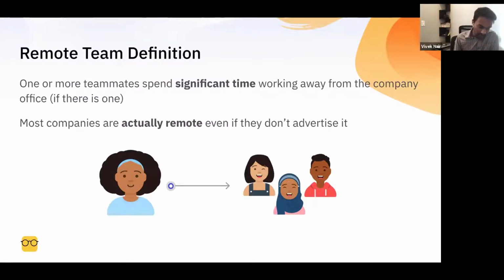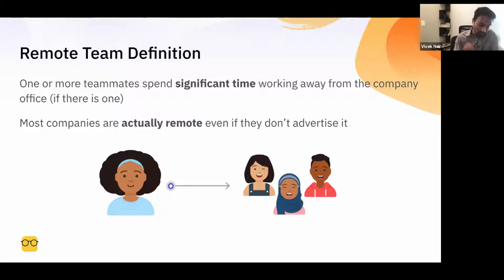One thing to clear up with respect to misunderstandings is that most companies are actually remote, even if they don't advertise it or think of themselves as remote. The thing we normally ask is, do you have a flexible work from home policy? That would be a valid criterion for considering yourself a company that has to think about remote policies in order to effectively enhance their communication structures. That's super important to keep in mind.